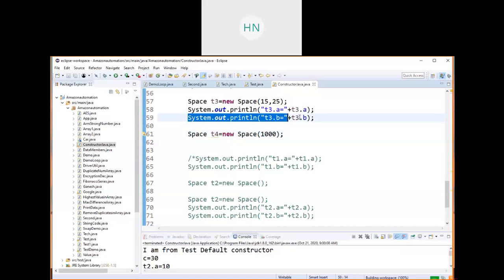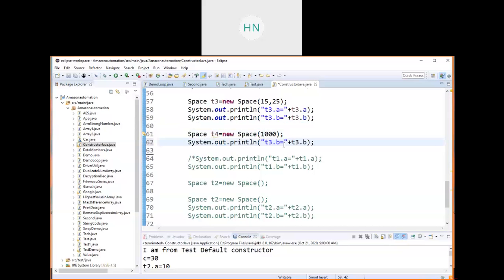I am trying to print T4.A on the console.